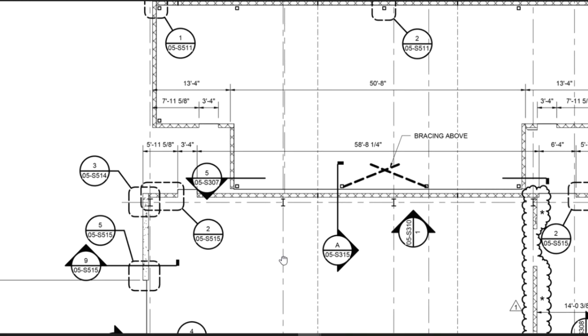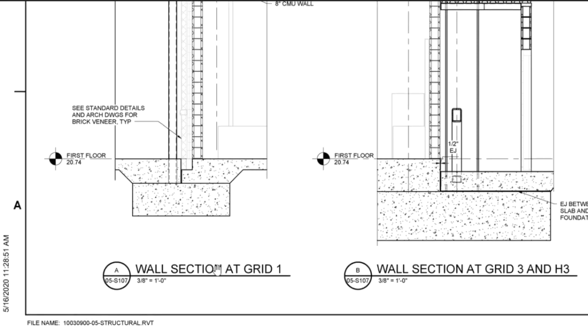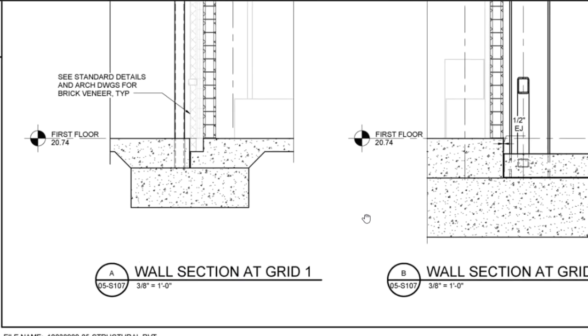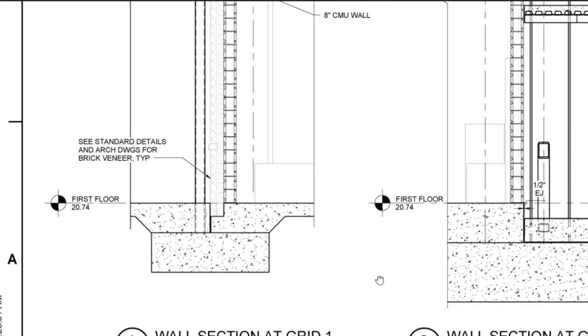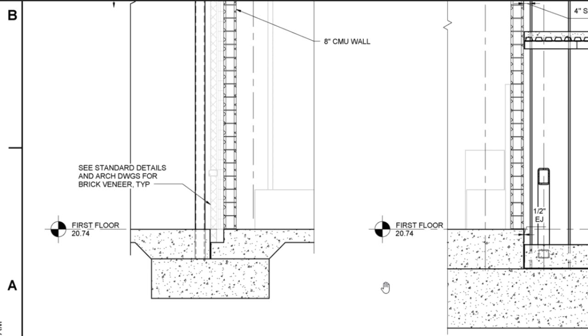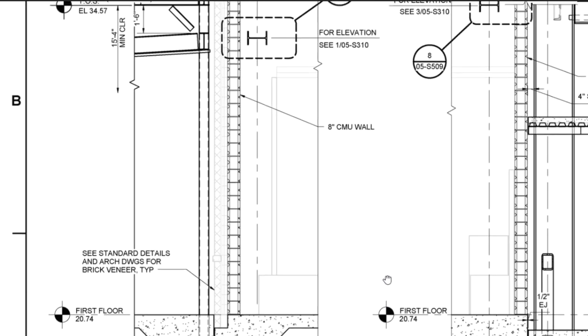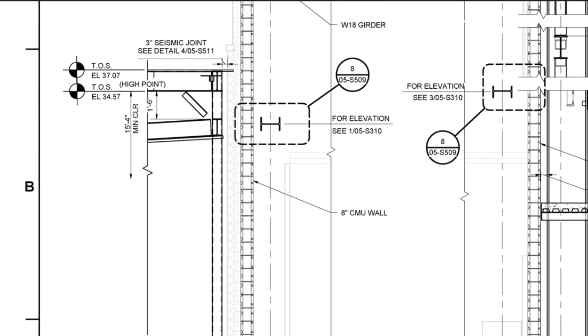Let's take a look at the full building cut marked section A on sheet S315. Here we can find wall elevation, wall size, wall details, seismic joint characteristics. For more details on CMU wall connection to structural steel,